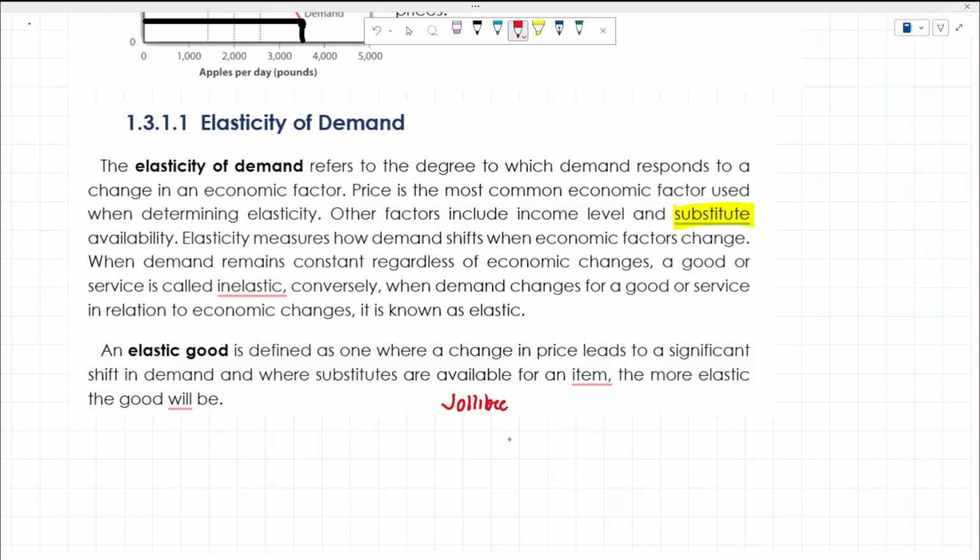So there are goods that are highly inelastic and there are goods which are highly elastic. One example is what I've been mentioning to you, rice. Now, is rice an elastic or inelastic good? It is an inelastic good. As I mentioned, no matter how expensive it is, in my opinion, we would still be purchasing it because we are used to it.